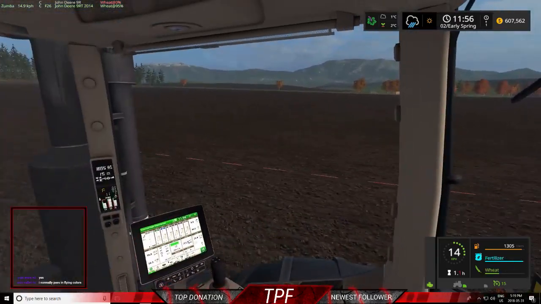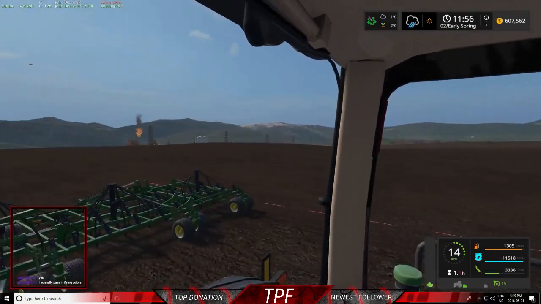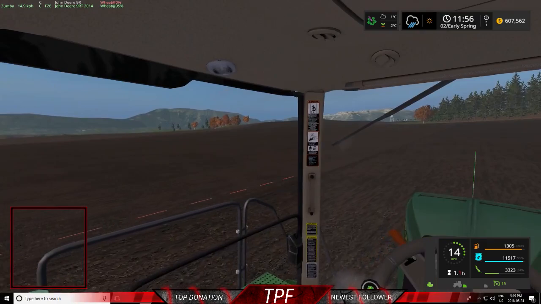Probably have to fill again before I finish this field, but I don't know why I made this field so bloody big. Kind of regret it now, putting all this together, but